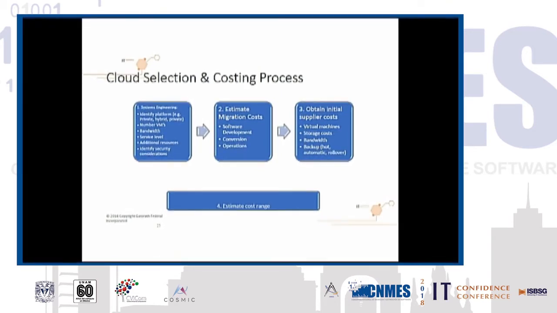Actual software development costs of putting it on the cloud. Hopefully there's no cost. Hopefully you just get a virtual machine and toss it up there. But in many cases, you might be refactoring, reworking it, and there are substantial software development costs. And then supplier costs. You can go onto the Amazon website and find out how much a virtual machine will cost, their storage or bandwidth and things. But that's only the tip of the iceberg. Those costs often double or quadruple because you need hot backups, you need different things. And you still need the systems engineering people to do that work. Next, please.